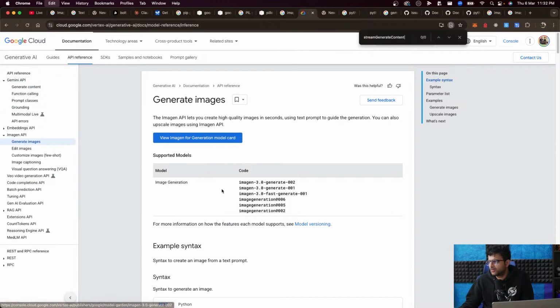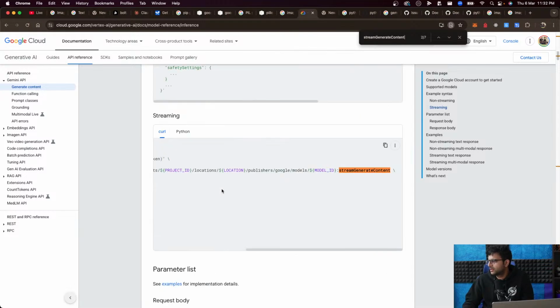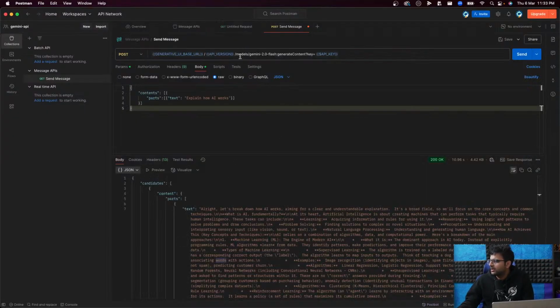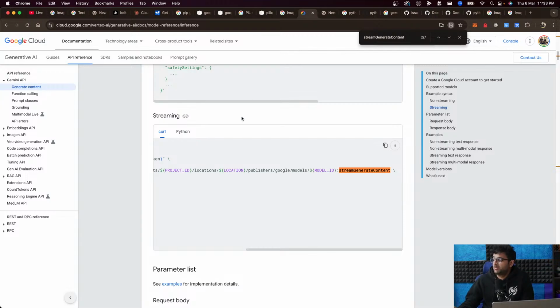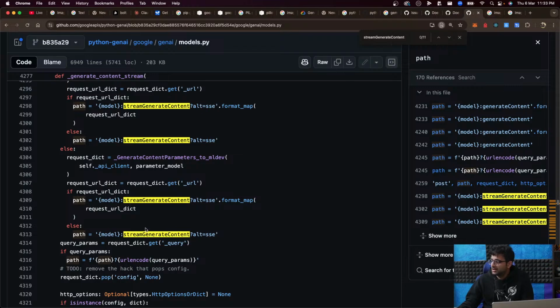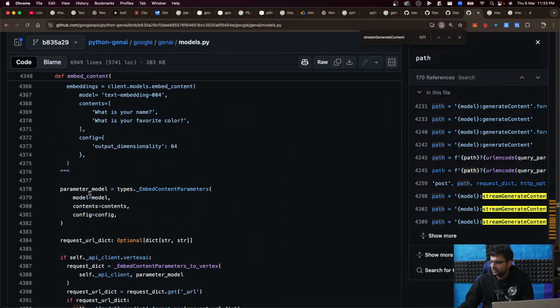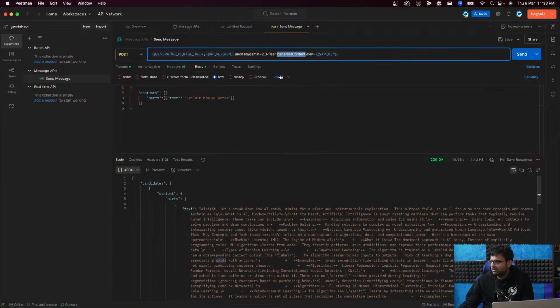Gemini generate content. I have it in Postman as well. Model slash, sorry, colon generate content. So it seems like it's predict for images, probably because that's the first API that they introduced. So it's colon predict.